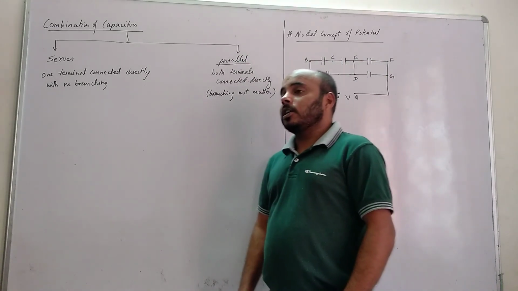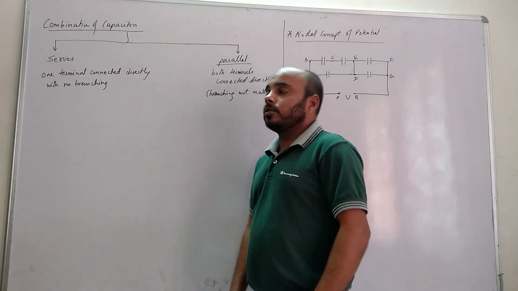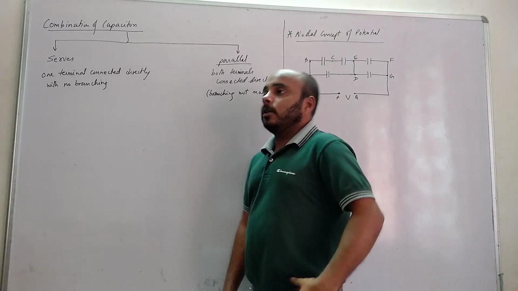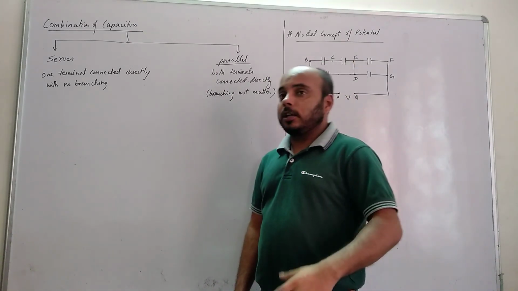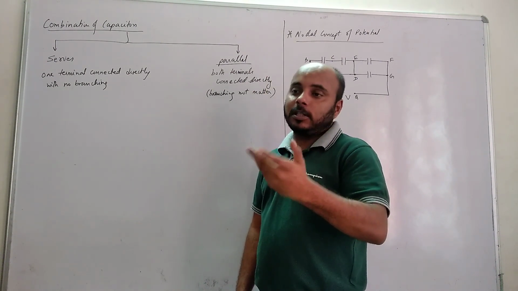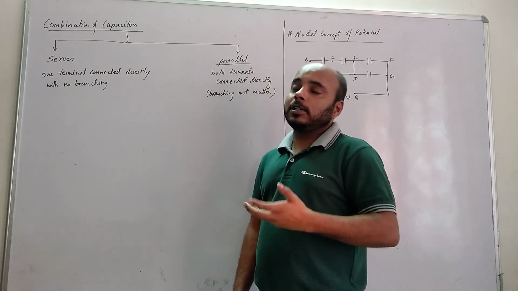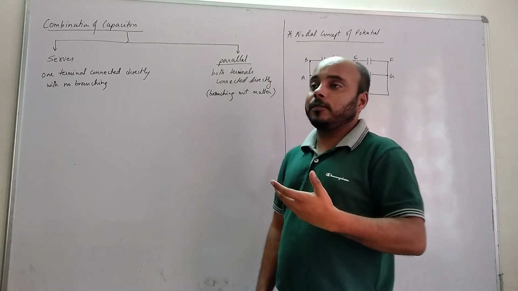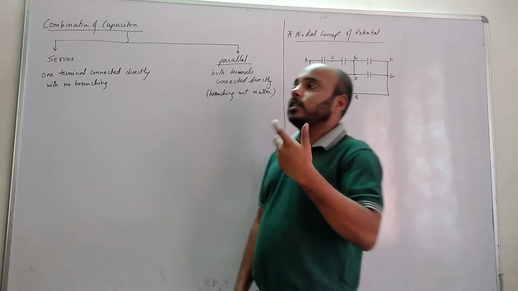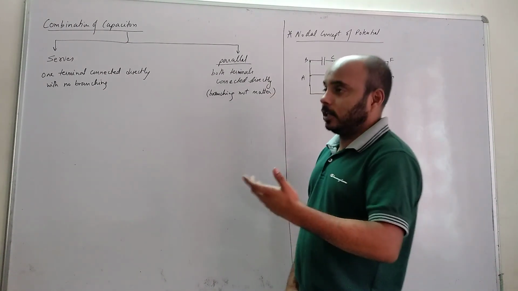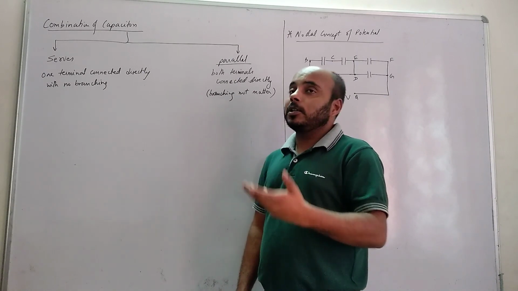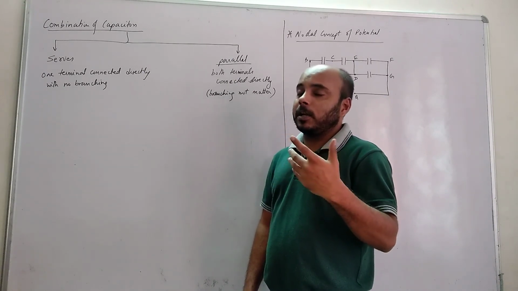In the last week's videos, we understood capacitors. We understood that a conductor can store charges and that ability is called capacitance. Then we understood that conductors are not sufficient enough. They don't have the ability to store more charges. That's why the capacitor came into existence in real life. A capacitor is used to store charges. We understood how to calculate the capacitance of a capacitor.